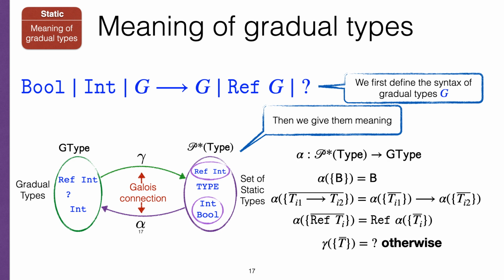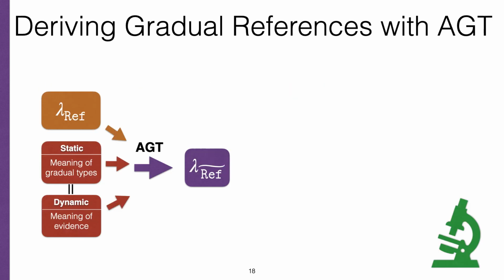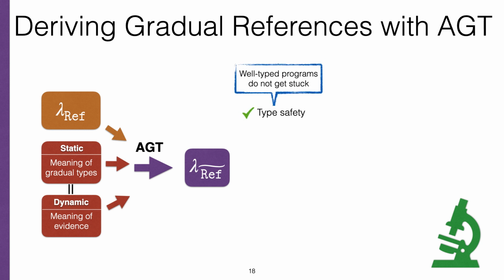So then we define an abstraction function from sets of static types to gradual types, forming a Galois connection. Then we have to do the same for evidence. Here we're using the same interpretation. And by using the AGT methodology, we get some nice properties by construction, such as type safety, meaning that well-typed